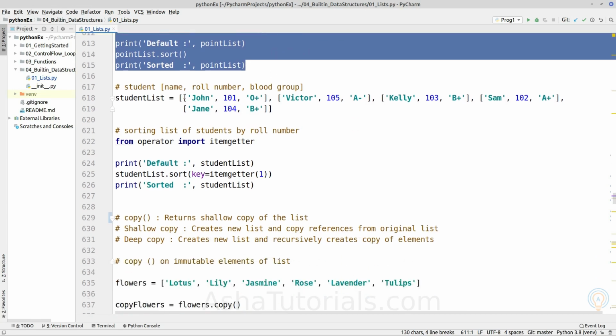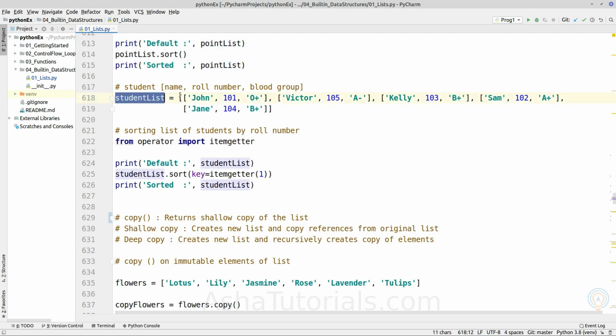Now if we have a two-dimensional list containing multiple types of data, such as this student list, it is a list of lists, and each inside list of the students list contains data for a single student.